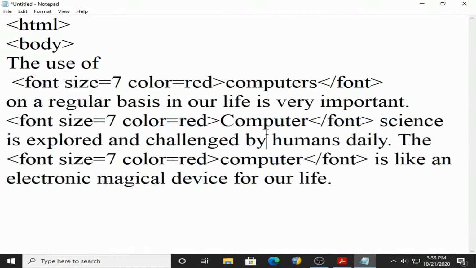So to solve this limitation, we have a concept called Cascading Style Sheet. Not only this limitation, HTML has so many other limitations. For example, in HTML, if I write font size 10, then also it will give me 7 only, because 7 is the highest possible size in HTML. So how to solve all these problems? To solve this problem, we have Cascading Style Sheet